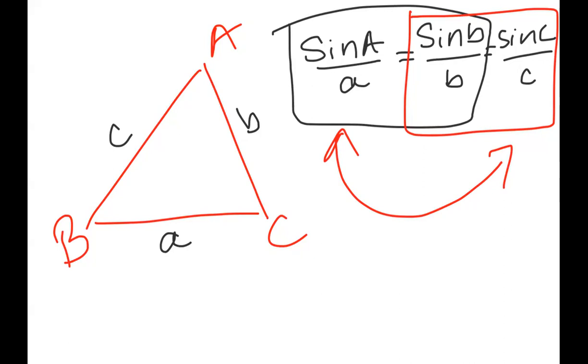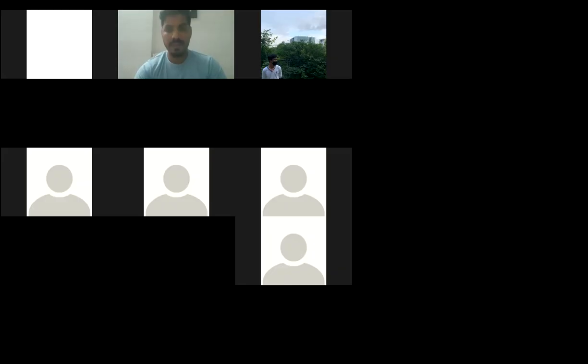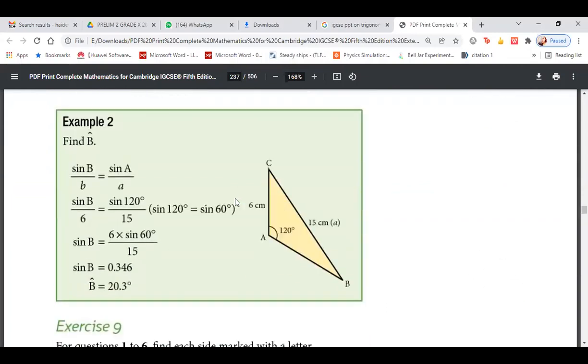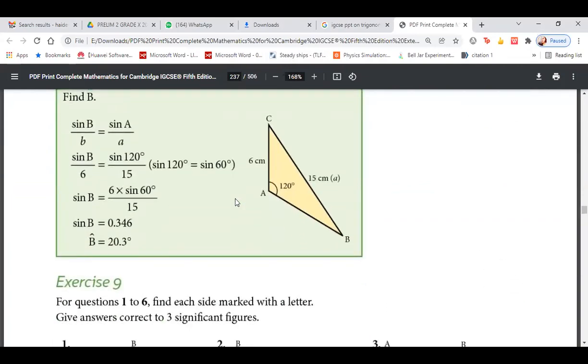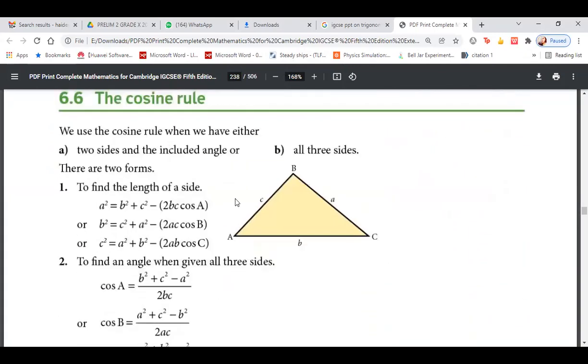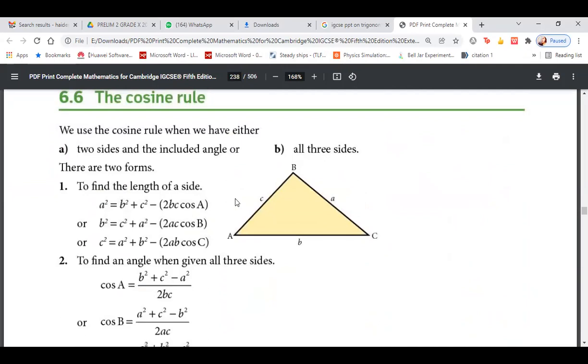Moving on to cosine rule very quickly. So what does the cosine rule say? When to use, how to use, and what to do in cosine rule. I'm just going through the formula right now. We will be doing questions on the basis of the same. Now look at cosine rule. Here we have the formula for cosine rule. Once again, I label my triangle as A, B, and C. I use cosine rule for two things: one is to find the length, and one is to find the angle.